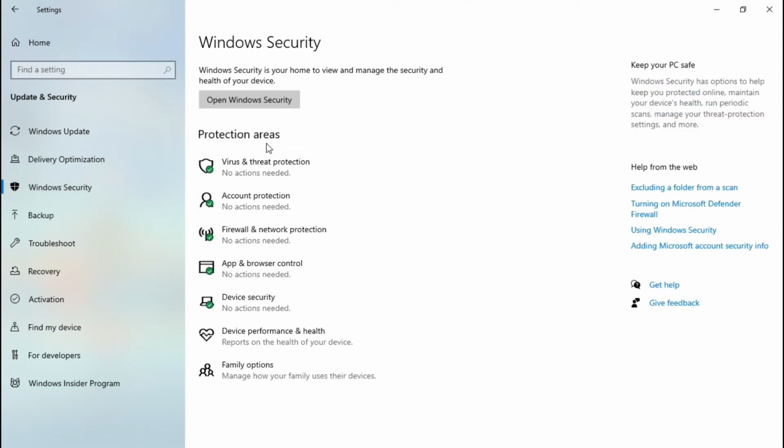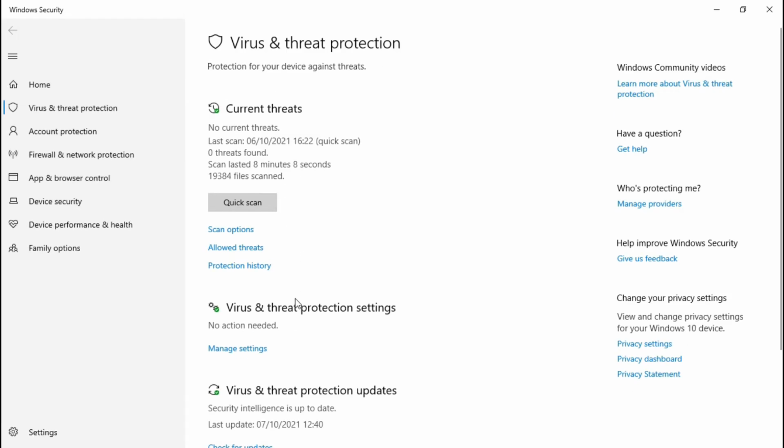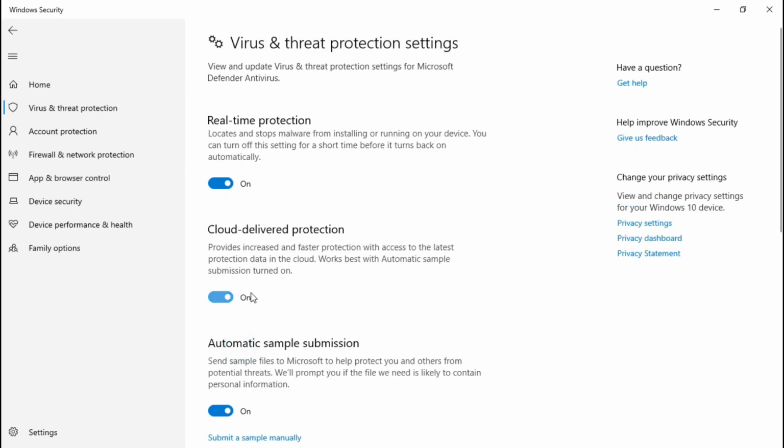Here in Windows Security, we will disable all the settings in virus and threat protection, firewall and network protection, and app and browser control. So first, let's start with virus and threat protection. And go to Manage Settings.